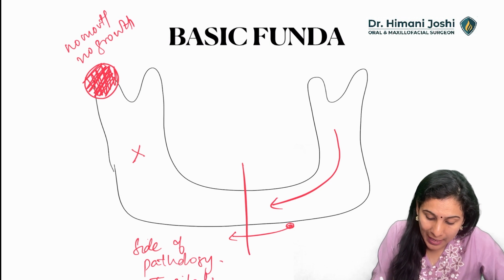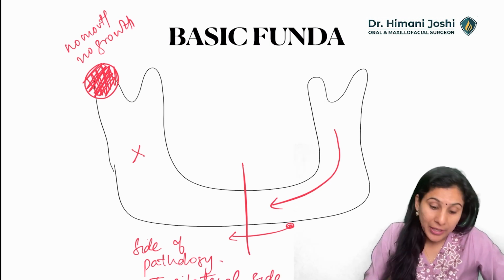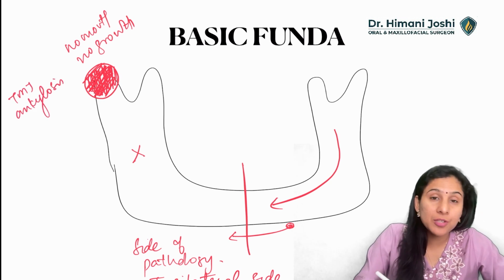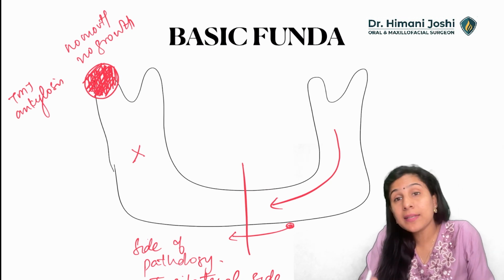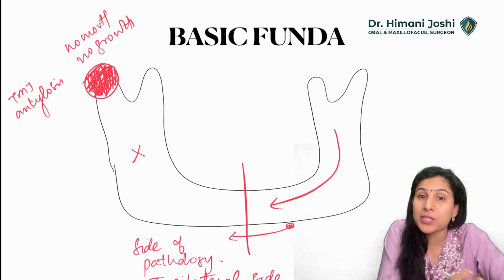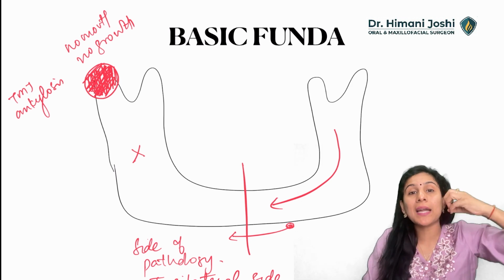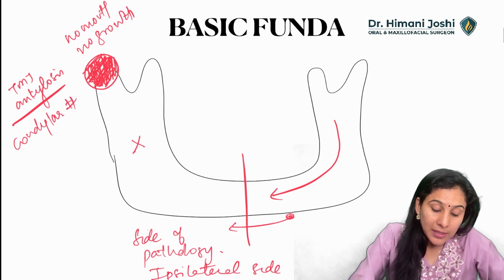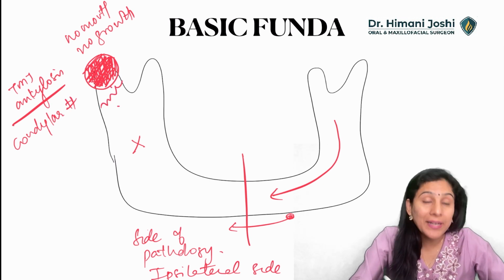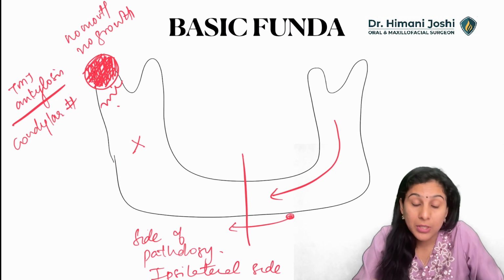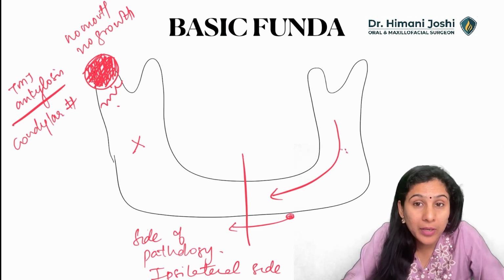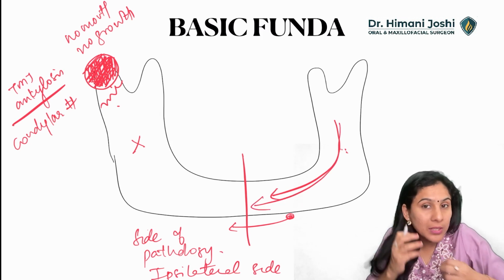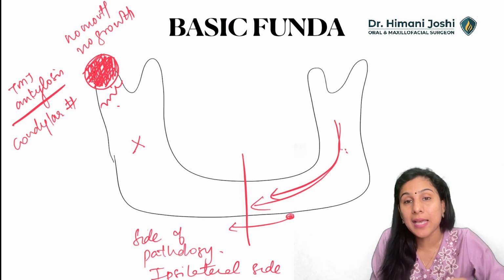So what happens in TMJ ankylosis? One side is not growing, other side is growing. So the growing side will push towards the non-growing side and cause ipsilateral deviation of chin. Similarly, when there is a condylar fracture, if there is a fracture here, that means this joint is not moving. So no movement or no growth. This side is not moving, but this side is moving. So when the patient opens the mouth, this side will move. It will deviate the jaw to the other side, causing ipsilateral side movement.